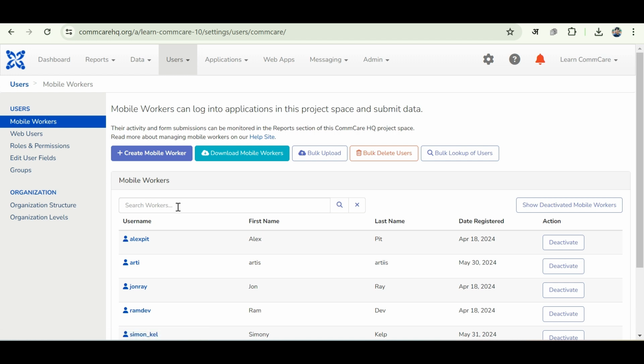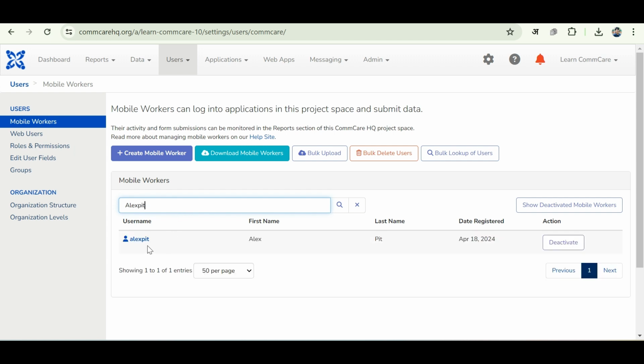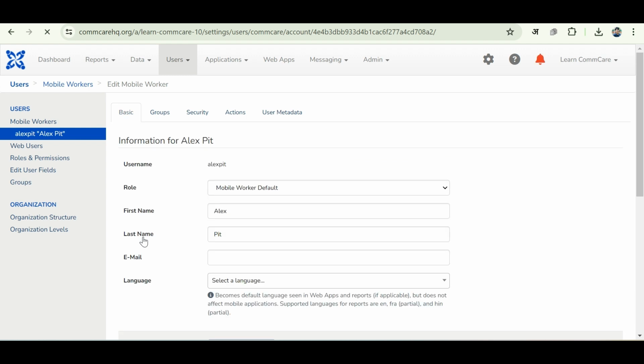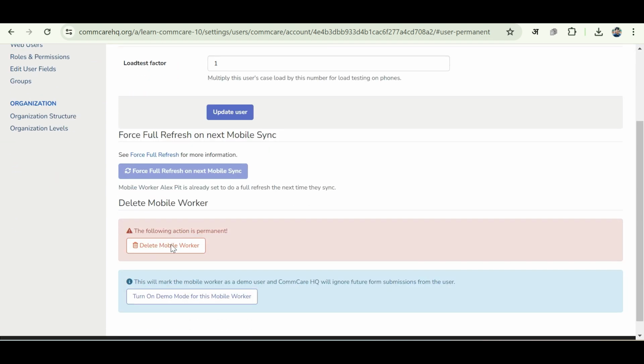First, we'll go to the search box over here and we'll type Alex Pitt and click enter. Now we'll see their name over here in the list. We'll click on Alex Pitt's name and then navigate to the button which says action, scroll down, and then click on delete mobile worker in red